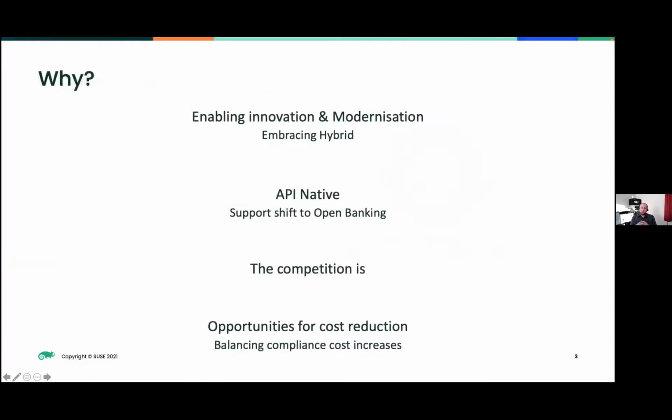And when we look at why a container management platform is so important, there are a few reasons why these management platforms are taking over the industry, really. We know that Kubernetes currently is the de facto container management platform. And so we need a way that we can embrace Kubernetes in a way which enables innovation and modernization. And a good container management platform can help us achieve that. It should also support, as Anders said, our ambitions towards hybrid cloud as well.